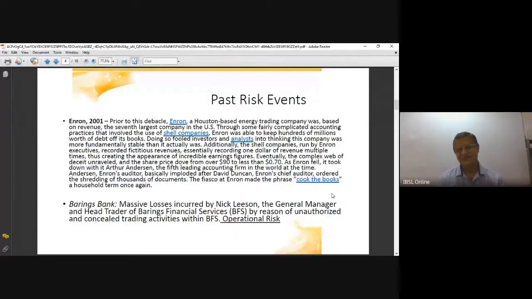Then they chose him to be the head of their Singapore office. While in the Singapore office, he undertook various trades and he recorded losses. Trading, I told you, when you're in trading, you foresee a currency exchange rate will go up and you buy that currency. Unfortunately, if that currency remains at the same exchange rate or drops in price, you make a loss.